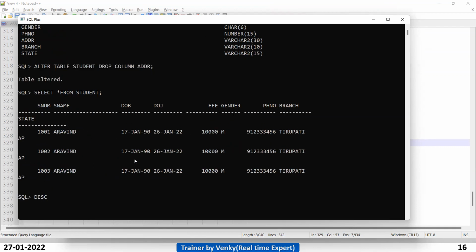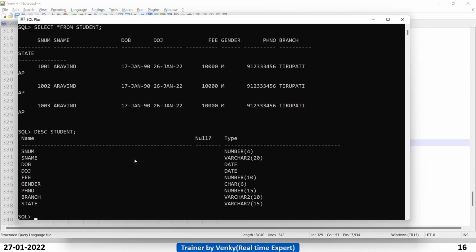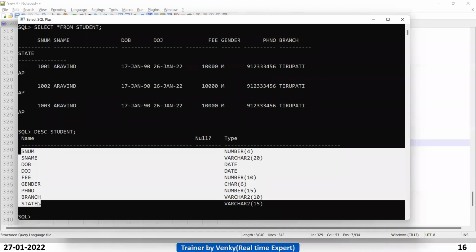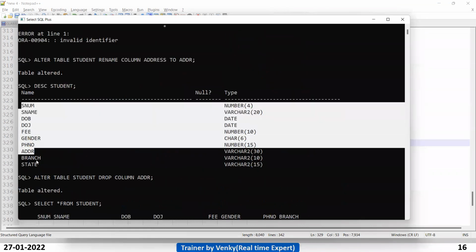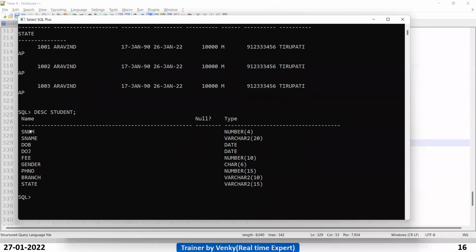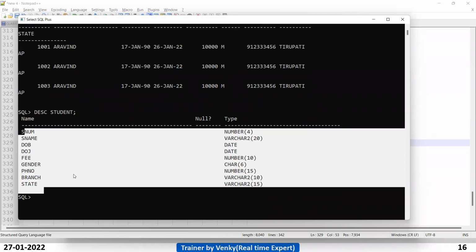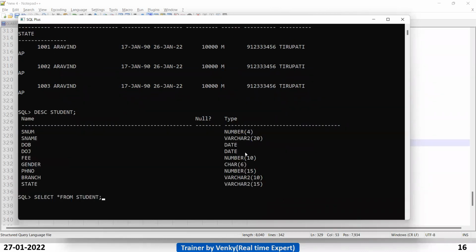Let us check the table structure now. Is ADDR there? No. Now let us try to delete multiple columns. When deleting multiple columns, you no need to give COLUMN as a keyword.